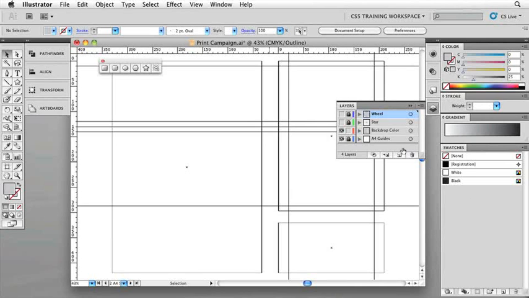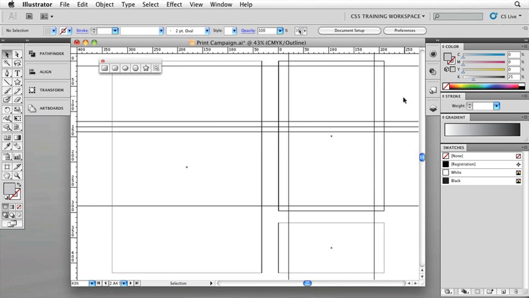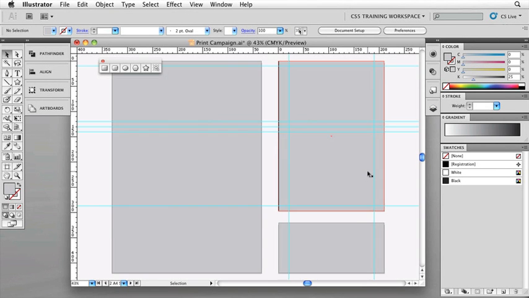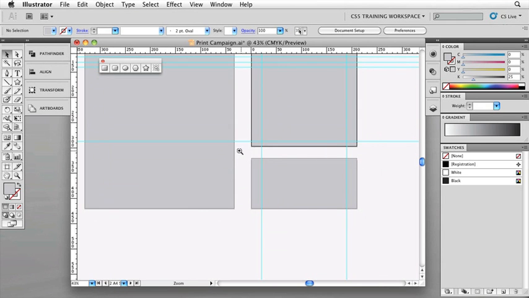Okay, let's come back over to the Layers palette and make sure that we select the backdrop color layer. So this is the one that we can now create a new element on. We can go ahead and close that down. Let's go back also into preview mode by pressing Command Y or Control Y on the PC, and we're going